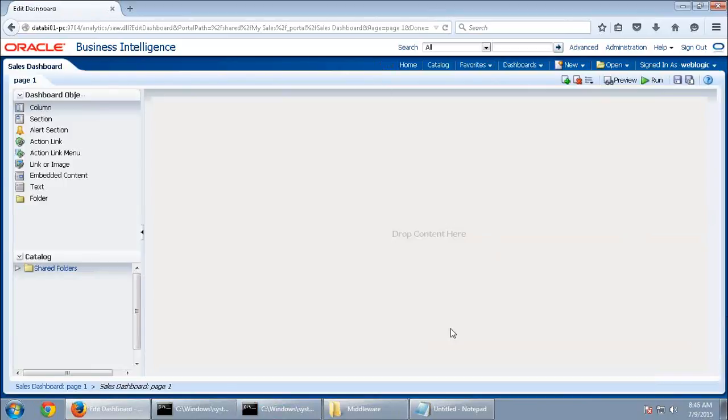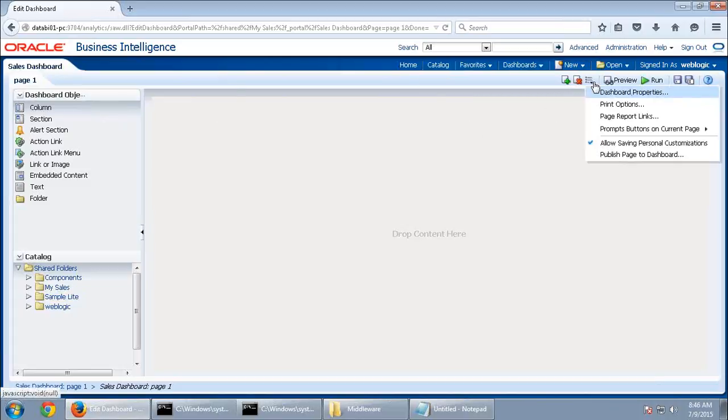This will take you to this window. Edit will take you to this window for the first time. From the second time you have to click on edit dashboard. For the first time, my page name is page 1. So you can rename this page. How to do that? For the first time you have to rename your page.